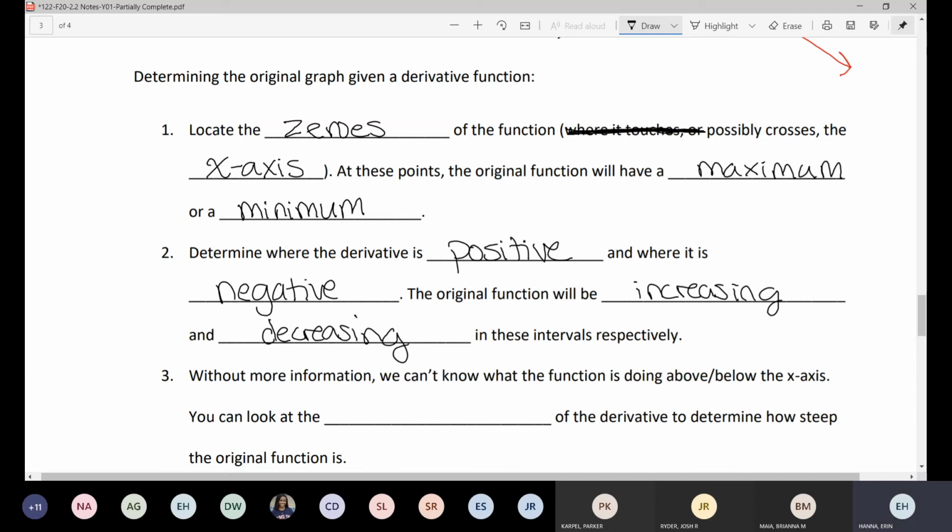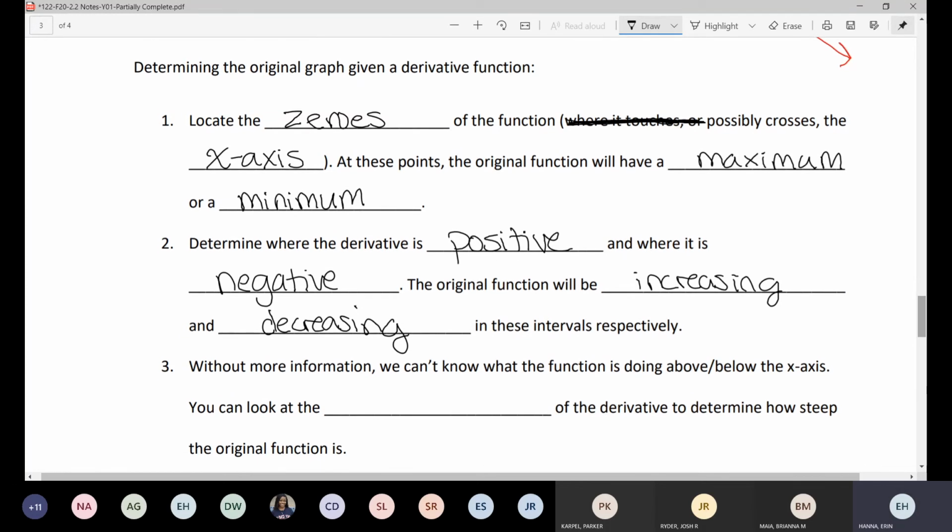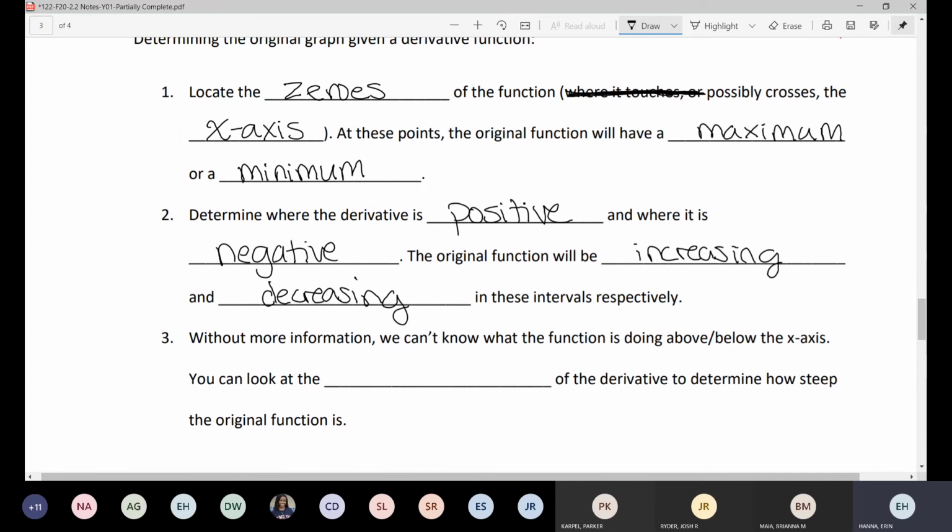Essentially the opposite of what we were doing before. And once again, those first two things are enough to tell you pretty much 100% of the time for us, but otherwise 99% of the time. Without any more information, we can't really know what it's doing, above or below the x-axis, or anywhere,